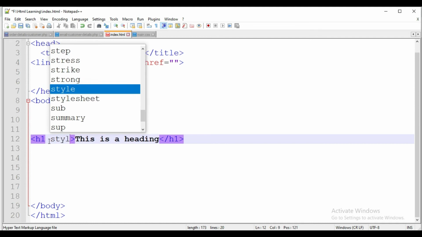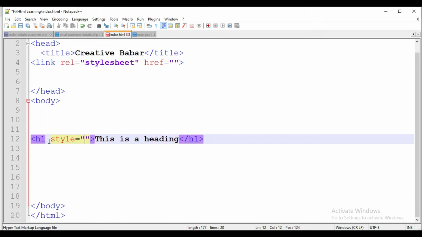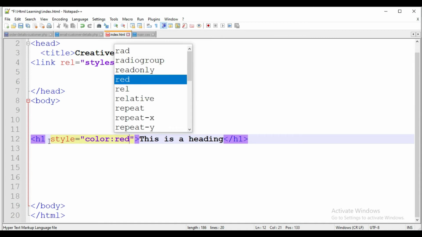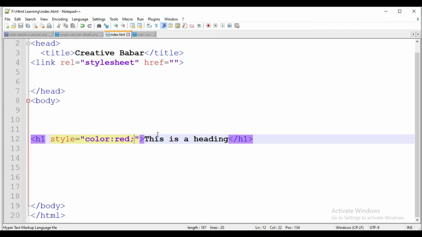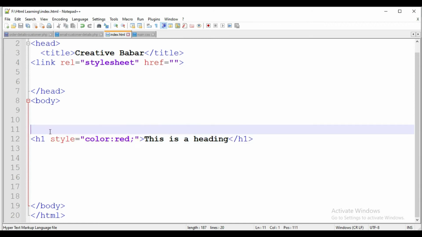It looks simple. This is heading, and we are going to apply inline style like this: style equals, colon, and color. We declare a property and we apply a color of red. Like we apply a color in inline CSS, so it's working perfectly. This is called inline CSS. If we style an element inside the tag, it's called inline styling. Like I'm going to comment it out: inline CSS or style.